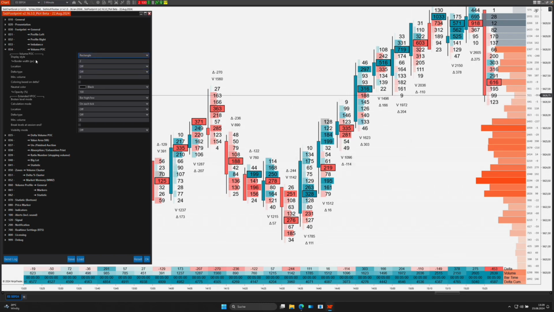We set the corresponding border thickness here, so we set it to 5, for example. We can already see that it is highlighted much more here. Personally, the second strength is always enough for me.